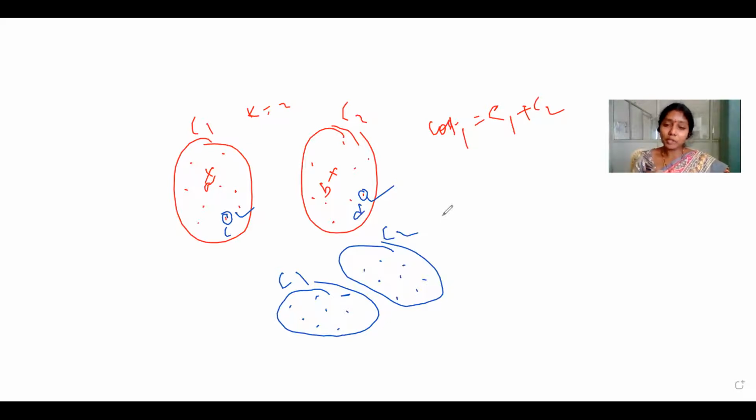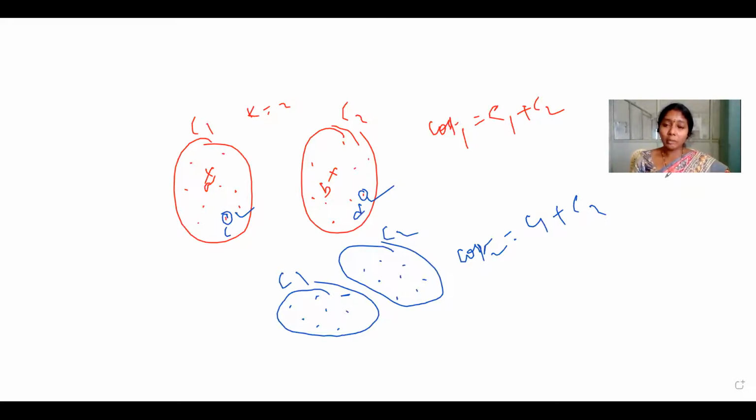Similarly, based on the distance between the new representative objects and the remaining data objects, all the data objects are reassigned to both the clusters. So here again we need to calculate the cost. The cost of the clustering process is equal to the cost of cluster 1 plus the cost of cluster 2.